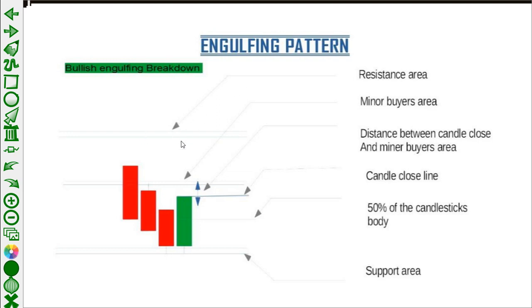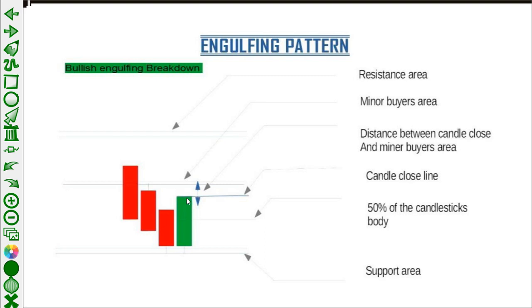This is the resistance area, this is the minor bias area, and this is the support area. One thing we have to look at is that the engulfing pattern should occur at the support area,